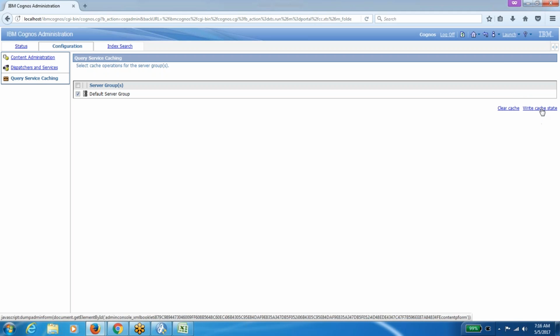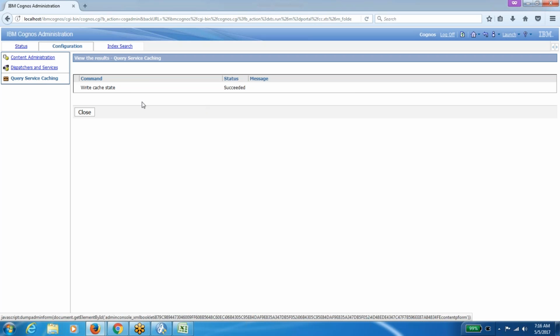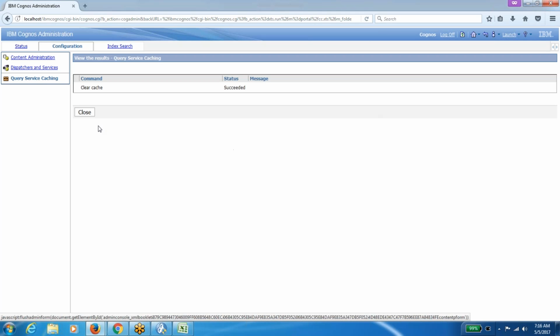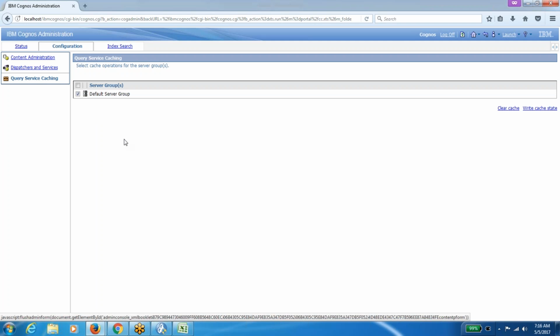If I click on this one, write cache to the file system, it shows succeeded. But this cache will be written to the file system somewhere. You have one more option like clear cache. If there are any frequent results which we keep on running and we think that we have too much cache accumulated, in that case we can clear the cache. And here what all things he can do is